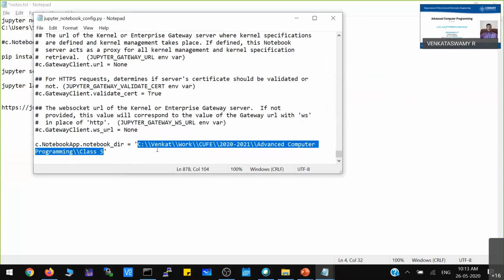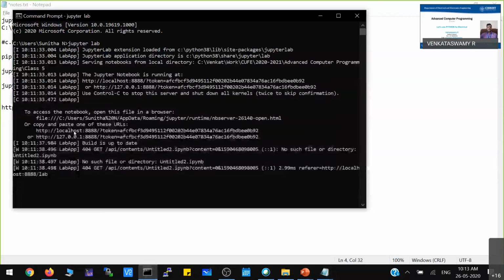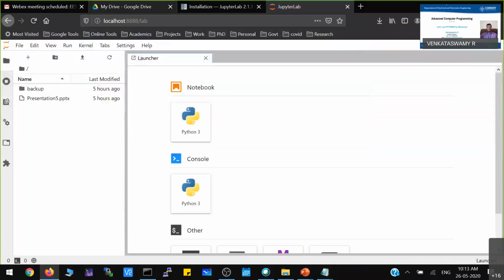So after giving this setting for your Jupyter Notebook, when you restart your JupyterLab using the same jupyter lab command, you will land in this particular place.